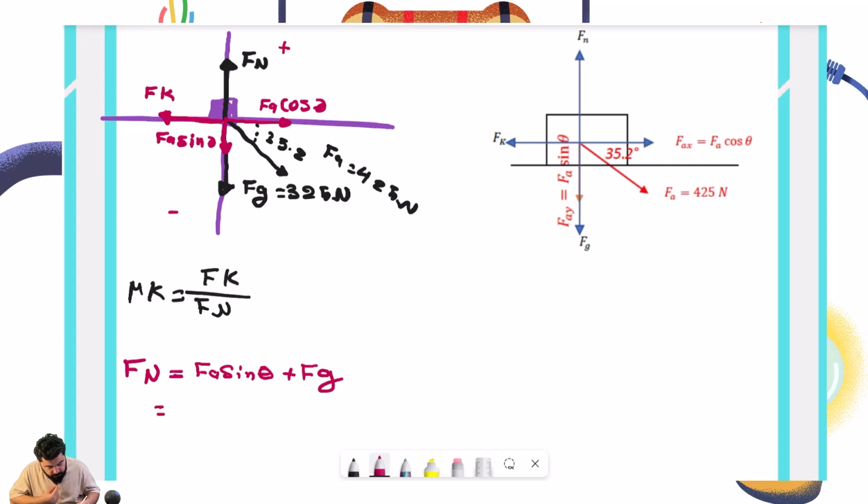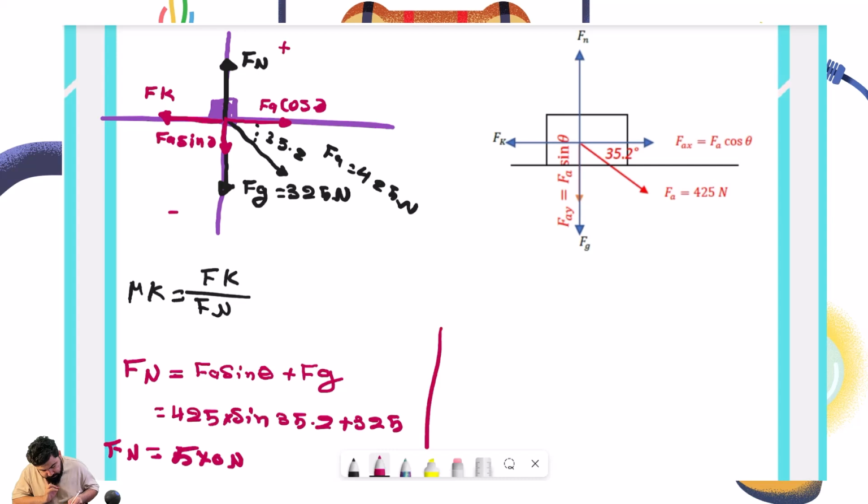Fa is equal to 425 times sine of 35.2 plus Fg, which is equal to 325. Fn is equal to what? It is equal to 570